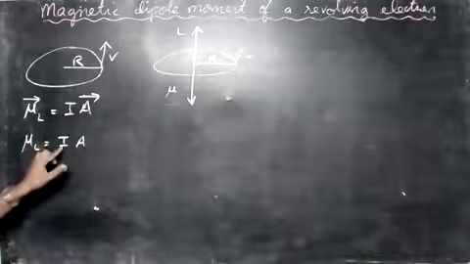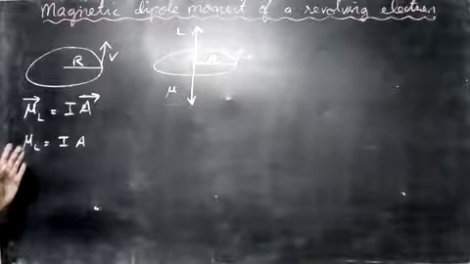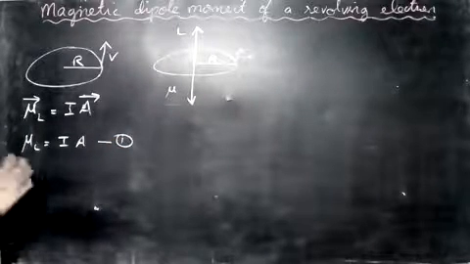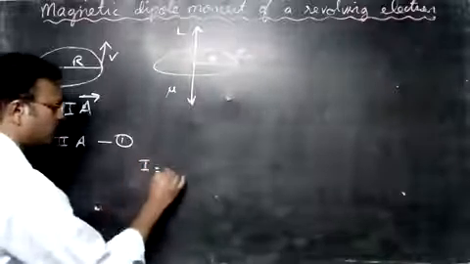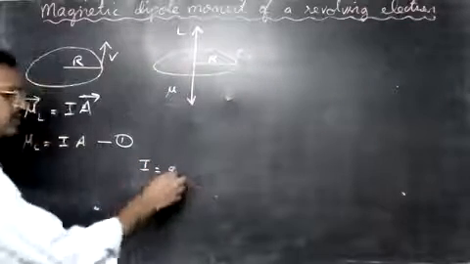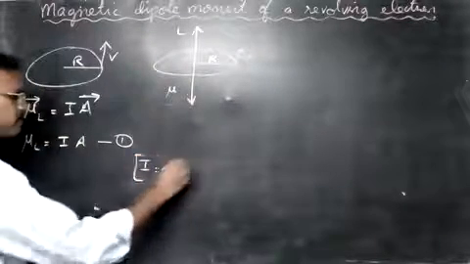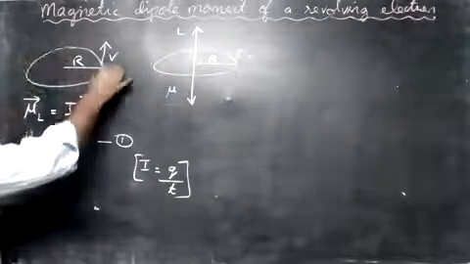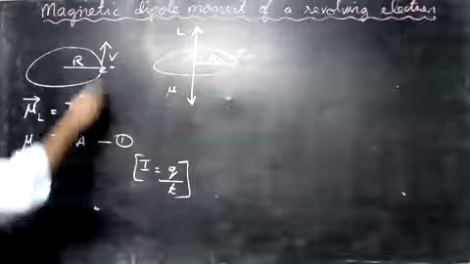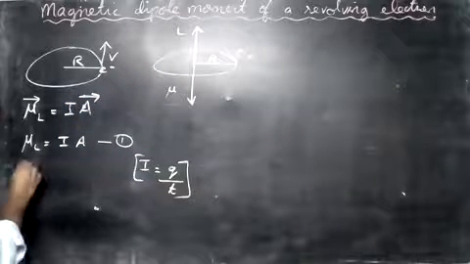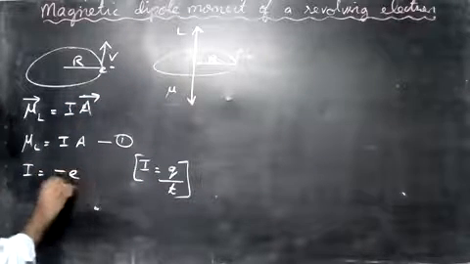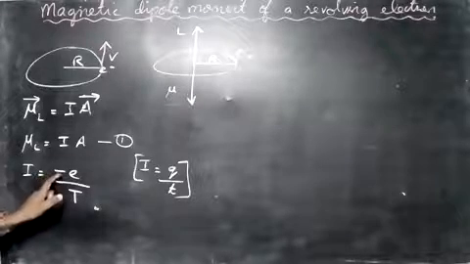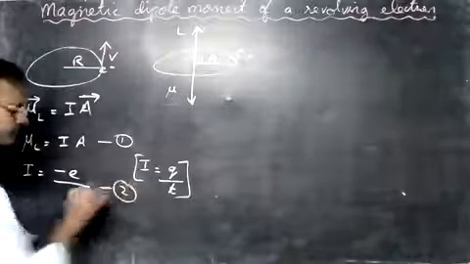Now you must find what the current is and what the area is. So let's write this as equation number 1 first. The current formula is I is equal to Q by T. Current means the amount of charge flowing per unit time. Now what charge is going around here? The electron goes around the nucleus, and the electron has a negative charge. So in this equation, we have I is equal to minus e by T. Here the charge is minus e, that is the charge of the electron. Let this be equation number 2.